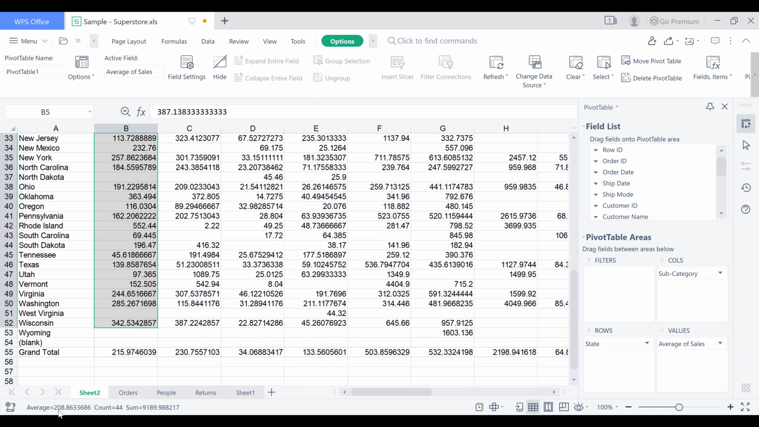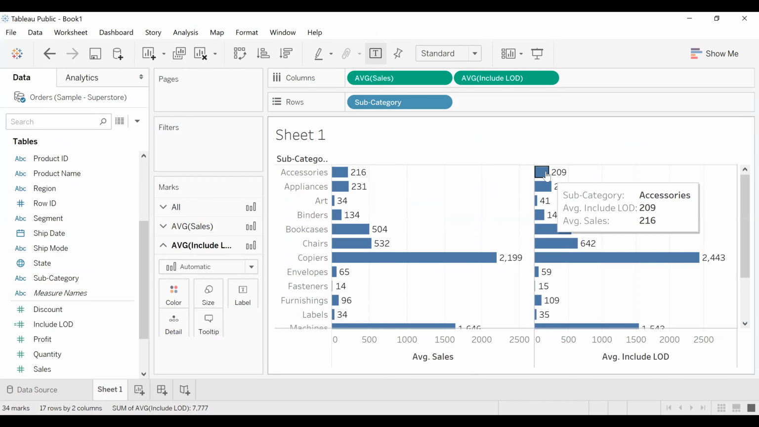If you see at the bottom, it is coming as 208.8, which is 209. So I'm not bringing the state in my view, but Tableau is taking care of considering the calculation at the end, taking the average of sales including the state and subcategory. So you understand both the things, right? How we got 216, how we got 209. So this is include